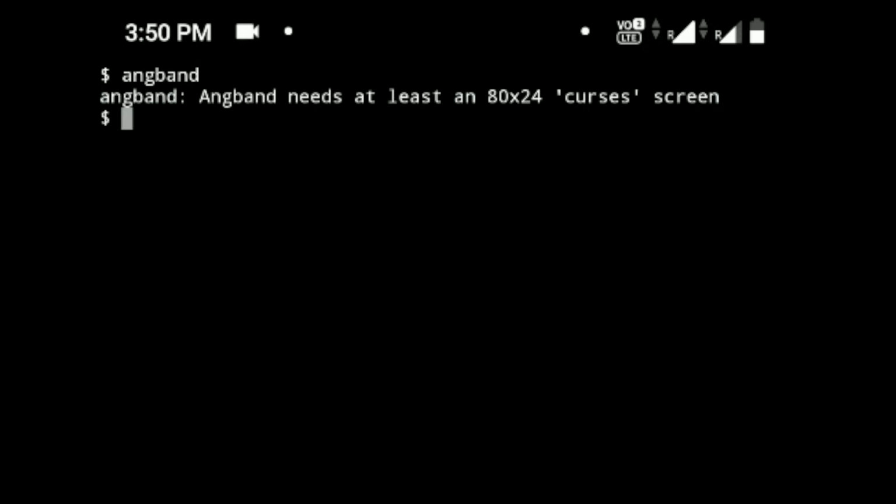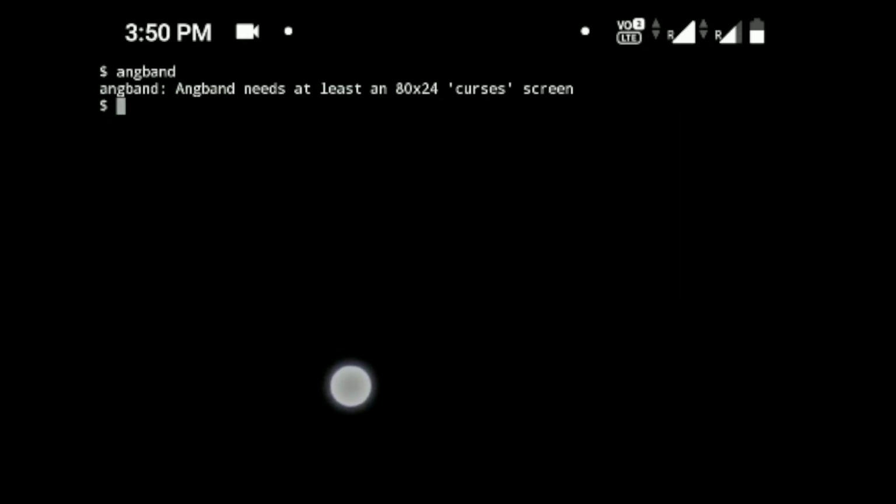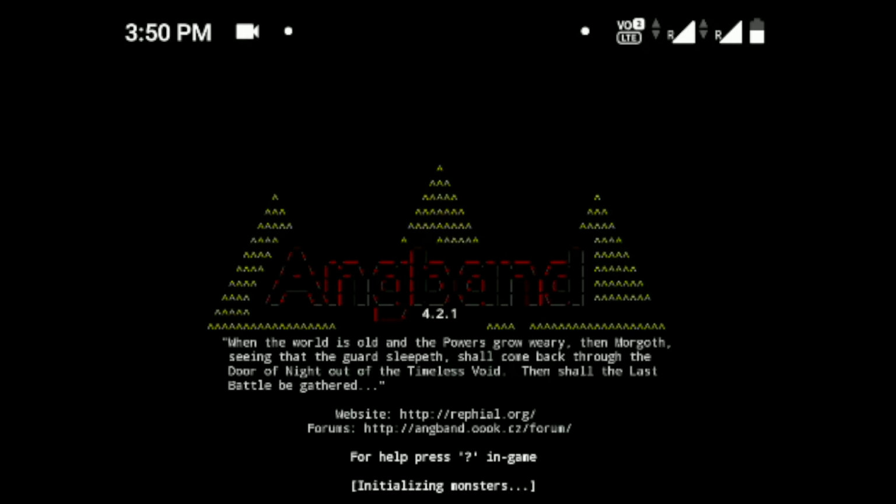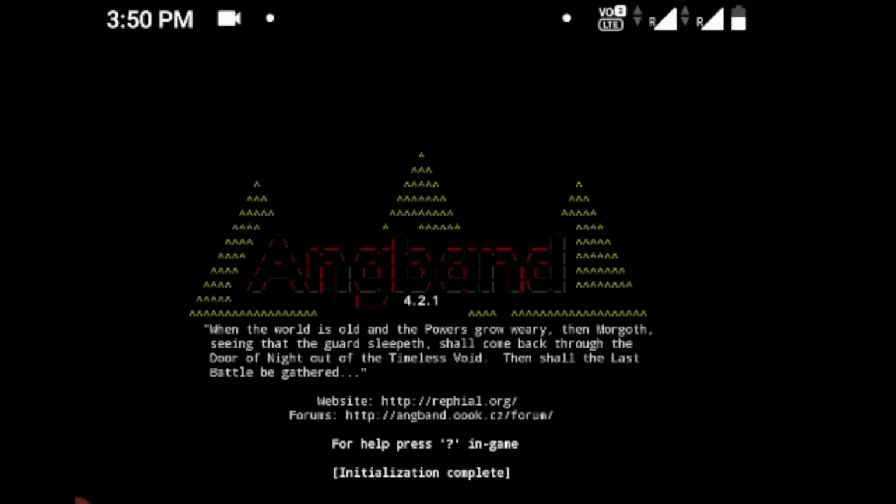Let me zoom out more and type the name of the game again, and hit enter. Here you can see, this is the game.